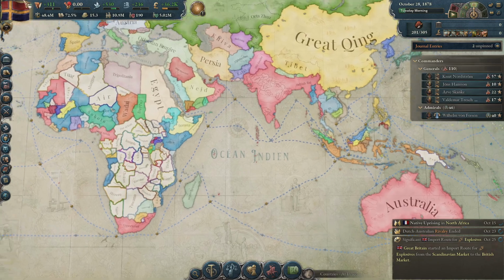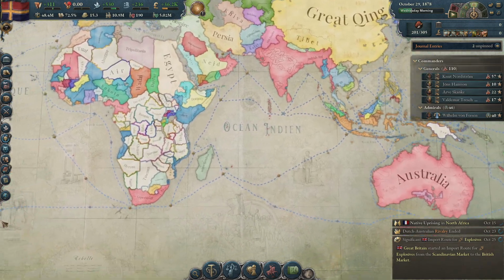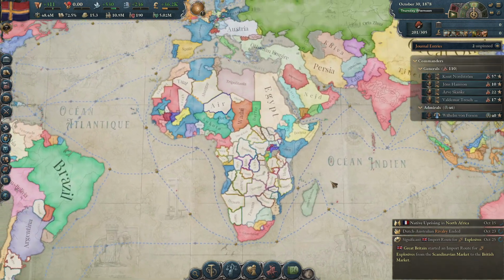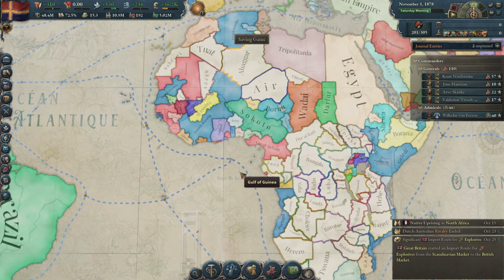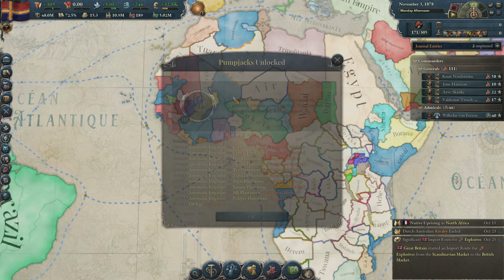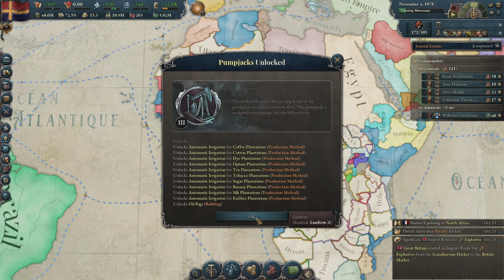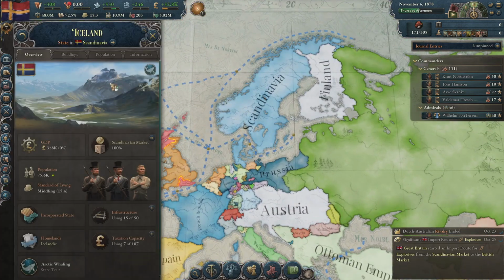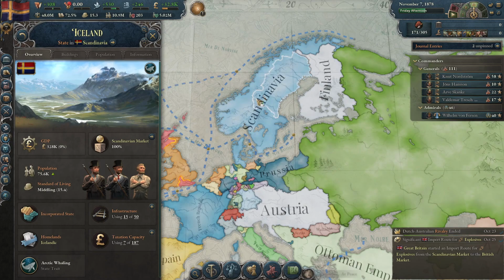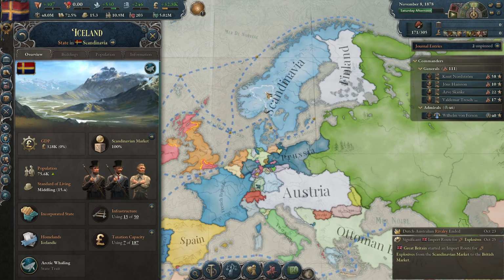Any other silliness going on in the world? There really hasn't been that much colonization of Africa at all. The French and the British are pushing in here and here, but still. Ooh, pump jacks. We've unlocked oil rigs. That'll matter for all the... do I have any states that can unlock oil? It'll show down here, so...